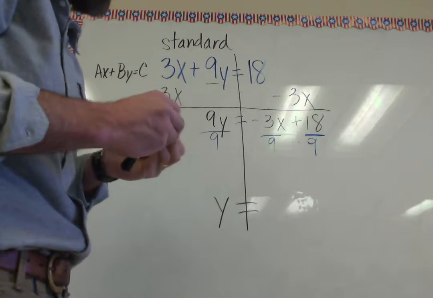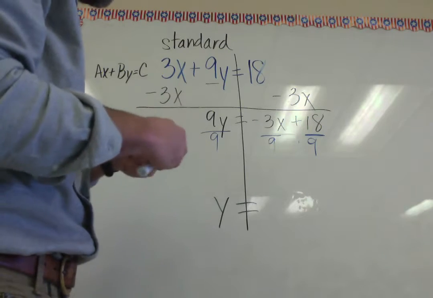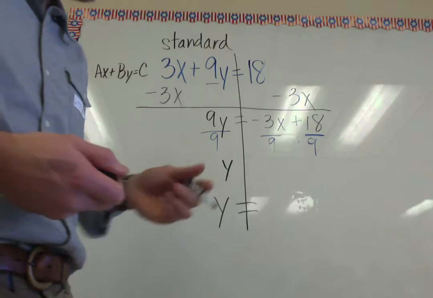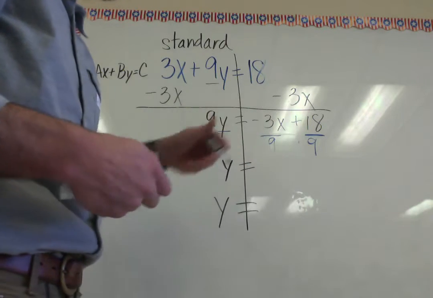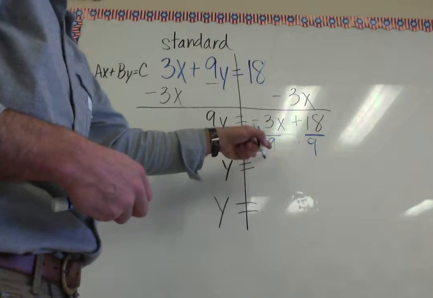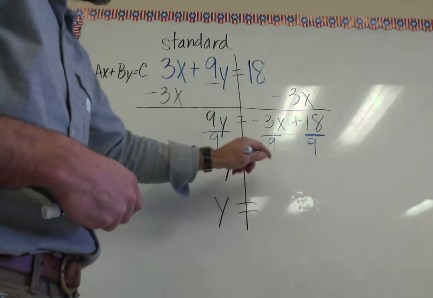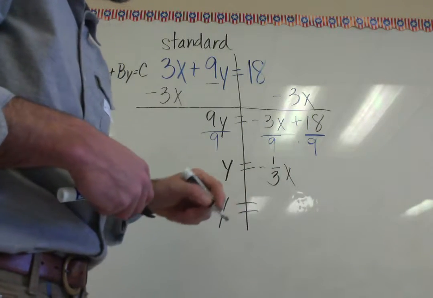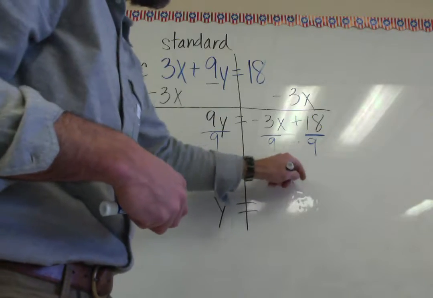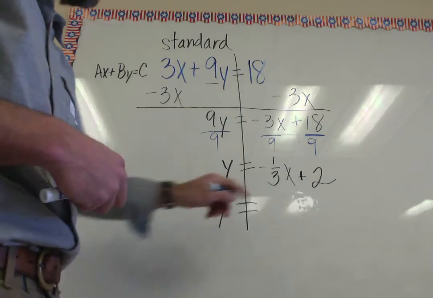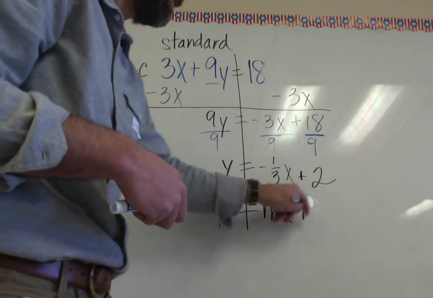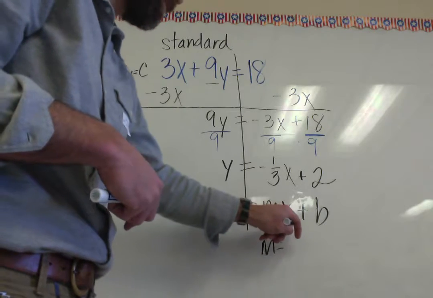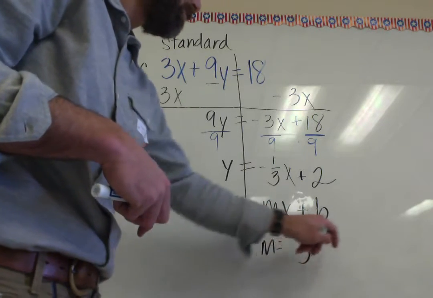Now I'm going to simplify everything. So I'm left with 9 divided by 9 is 1, 1y, and I don't have to write the 1 because of the identity property. 1 times anything is that number. And then I'm going to simplify. Negative 3/9 simplifies by dividing both terms by 3. I get negative 1/3. Don't forget to put the x. 18 divided by 9 is 2. So, in slope-intercept form, in y equals mx plus b form, the slope here, the m, is negative 1/3. The b